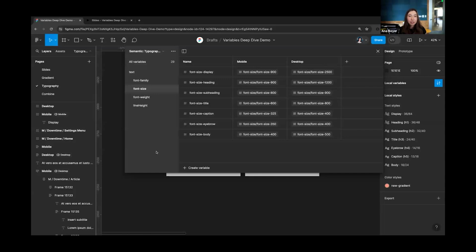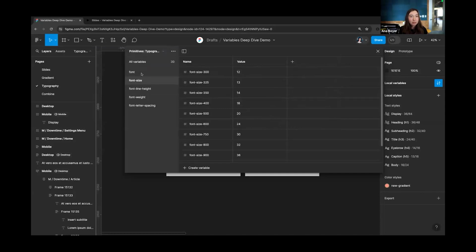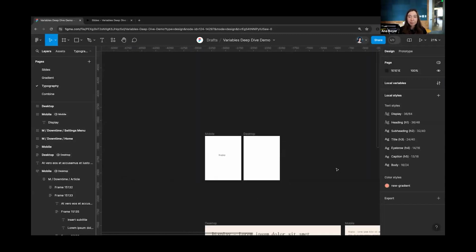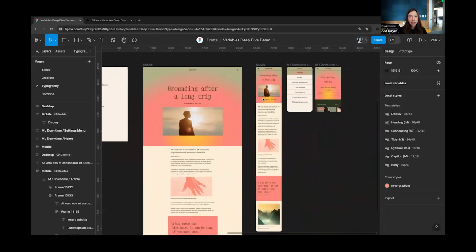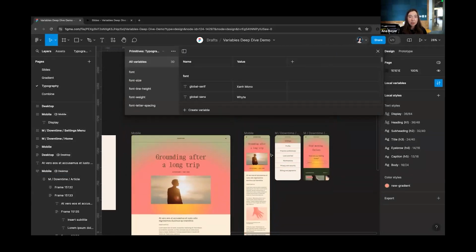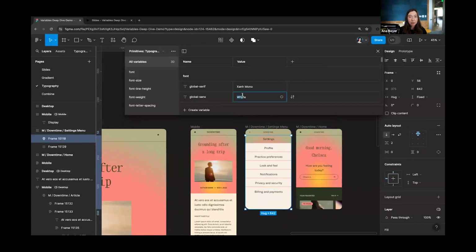I think creating primitives and using aliasing is going to be really valuable just for if you want to be able to manage things at scale. So for instance, I've got my primitives for typography, and in there I've got my 2 different fonts I'm using for my global serif and my global sans. And if we look at these screens I have where I've applied my different typography variables, if I update my global sans to something like Roboto,